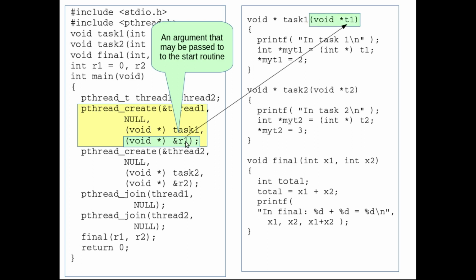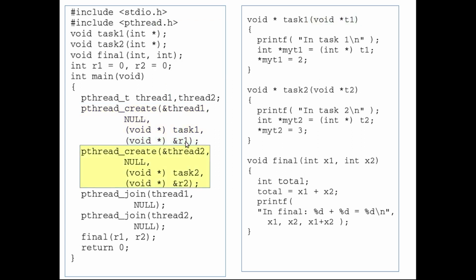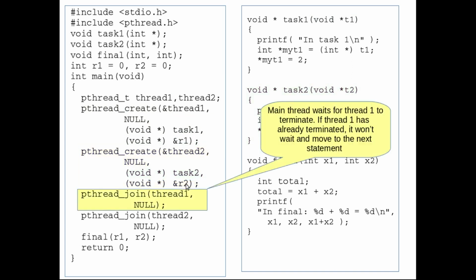In the same way, we create one more thread. So two threads are created, and for the second thread, we want it to execute the subroutine task2. That's what we pass, and to task2 we will send the address of r2 as an argument.